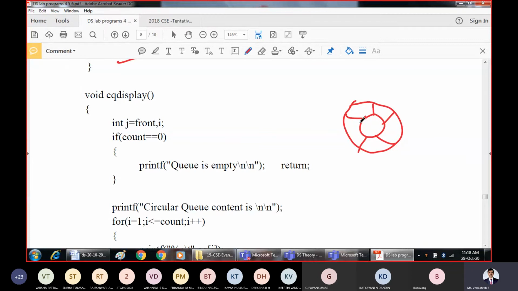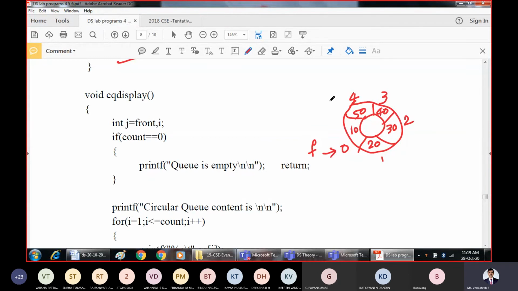I'll take the same circular queue for reference. 0, 1, 2, 3, and 4. So these are the present existing elements in the circular queue, and say when the circular queue is full, I'm trying to display all the elements.